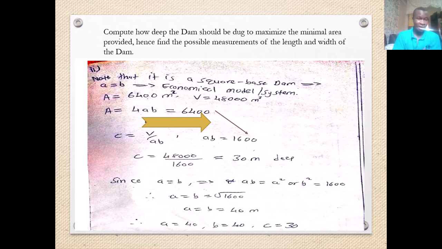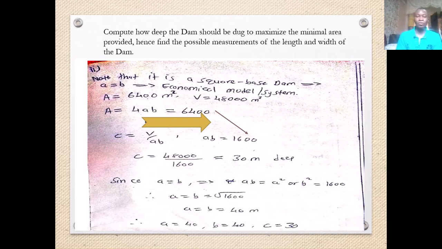That means A is equal to B, which is equal to the square root of the 1600 that we found or computed up there, and that means we are going to have A is equal to B is equal to 40. Of course, I know the square root of 1600 is either negative 40 or positive 40, but logically a dam cannot be negative 40 meters. It can't be. So we have to work with the positive term, which is 40